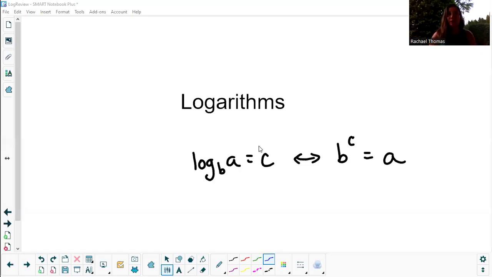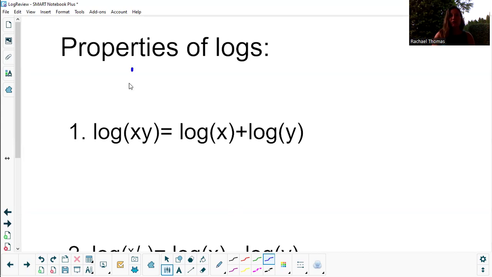Hi, friends. Today on 1 Minute Math, we're looking at log laws, or rules of logarithms, and we've got our basic definition of a logarithm written down there by way of review for you. The base b log of a equals c is exactly the same thing as saying b to the c equals a. We have three properties of logs, or what I would call log laws, and they go like this: